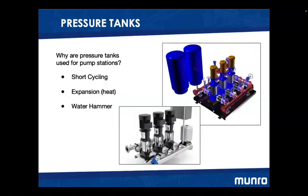Okay, the next topic is pressure tanks. I get asked a lot, do your pumping stations include pressure tanks? Munro does not typically use pressure tanks on our pumping stations. Why you would use a pressure tank on a pumping station would be to control short cycling. Short cycling is the starting and stopping of the pump very quickly to maintain its operational pressure in the irrigation